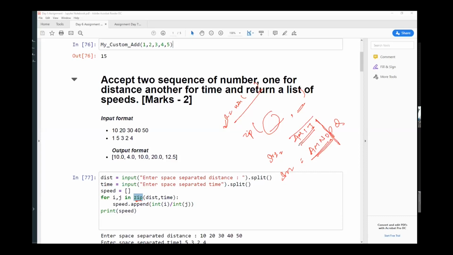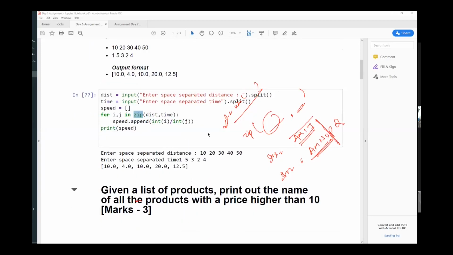Now, if I have that, all I need to do is a comparison element by element. So to calculate speed also, the idea was this: maybe you have distance as one list, speed as one list. But let's say some of the values in speed are missing, or some of the values in distance are missing.